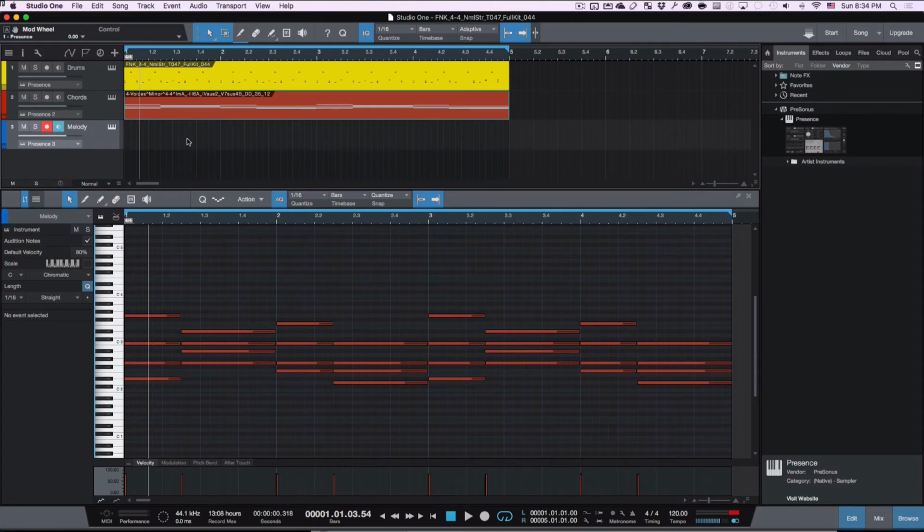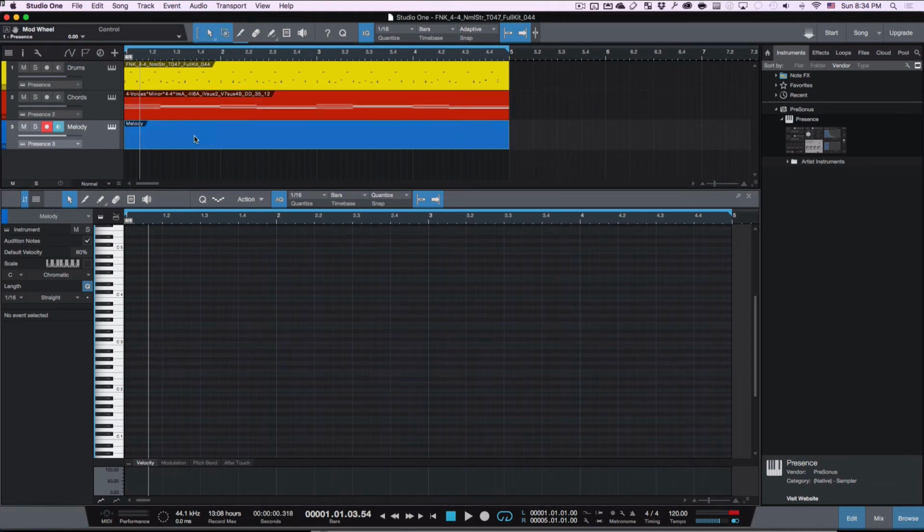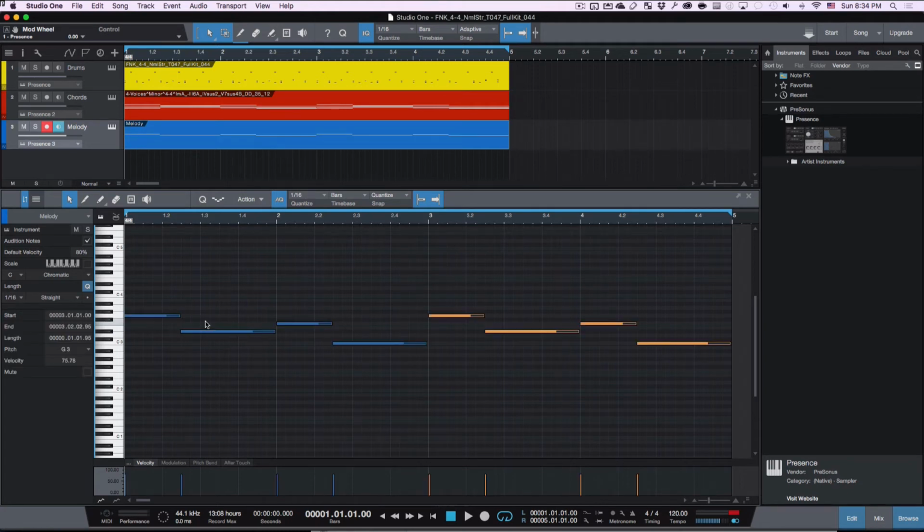And go into here, and I'm gonna draw in another one of these little clips. Rewind to the beginning and hit paste. I'm gonna hit D to duplicate that as well, so it does it twice. Now if I listen to this,